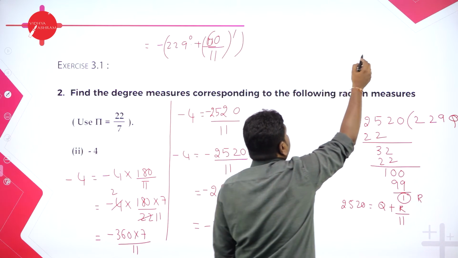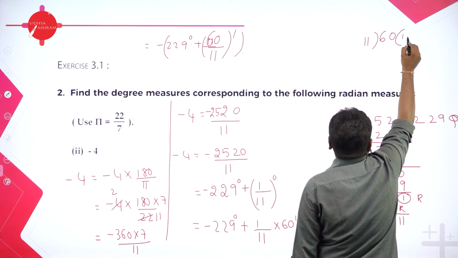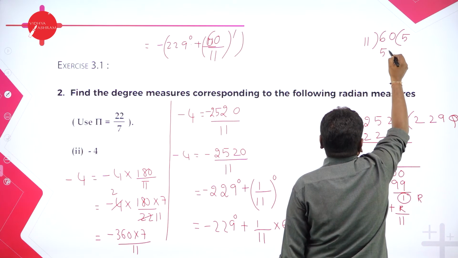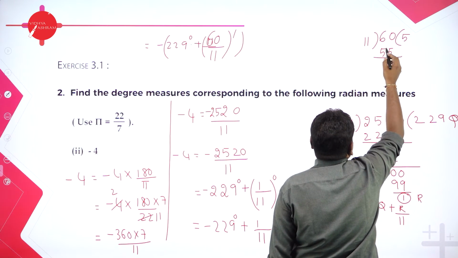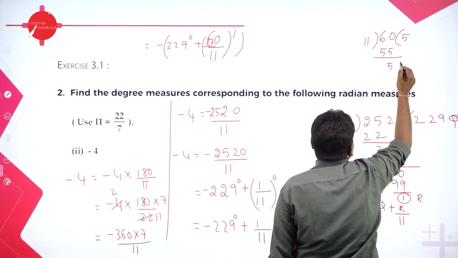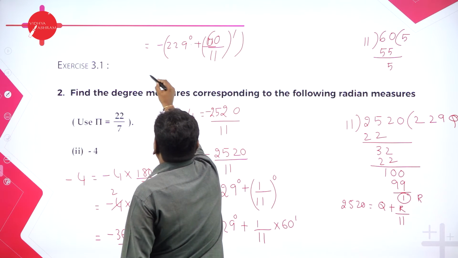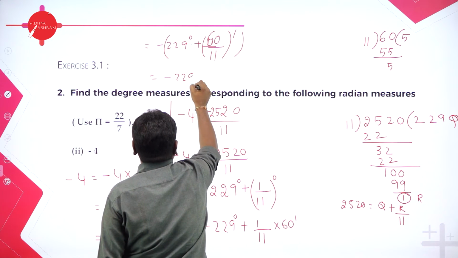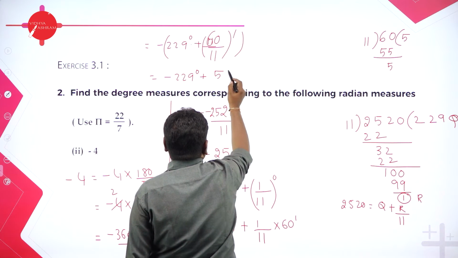Take 60 and do division. 11 5s are 55. Remainder is 5, and further from this, that's it. So we can write this as what? Minus 229 degree plus quotient. What is the quotient? 5